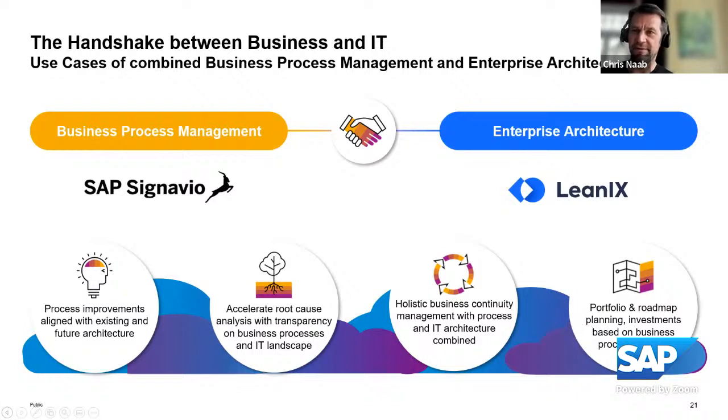Architecture decisions, traditionally, often are made based on people's opinions, people's gut feeling. And based on that, investment decisions have been taken, transformation decisions have been taken. Now, what if we would make them based on actual business process insights, based on actual business process performance, so that helps us steer our business, steer our transformation in a much clearer, more objective way, and helps us